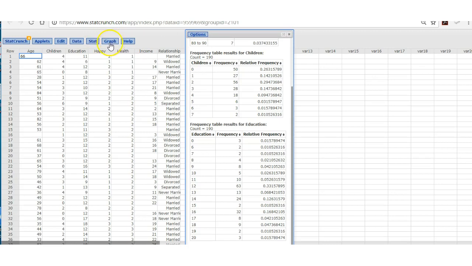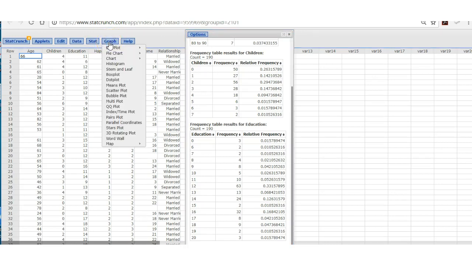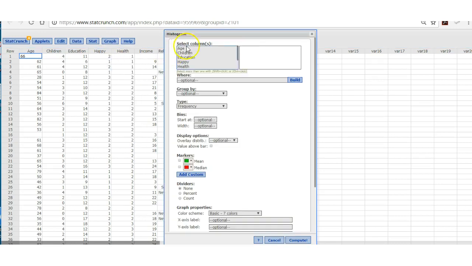Next, let's look at histograms. And here's where I get picky in our class, the difference between a bar plot and a histogram. A bar plot is something that's used for categorical variables. A histogram is something that's used for quantitative variables. And there are some differences between bar plots and histograms that make it more important to use them for the right type of data. So let's do histograms for our 3